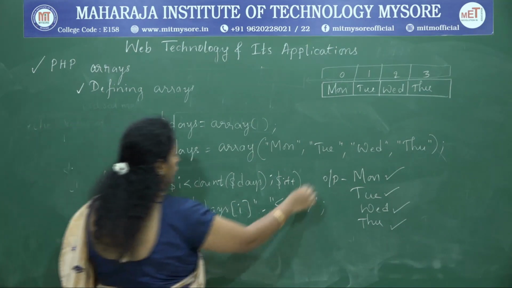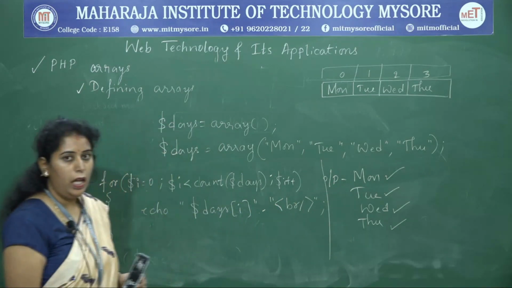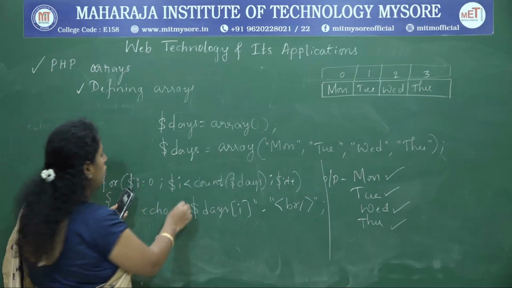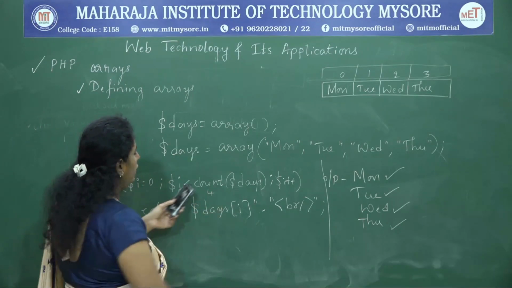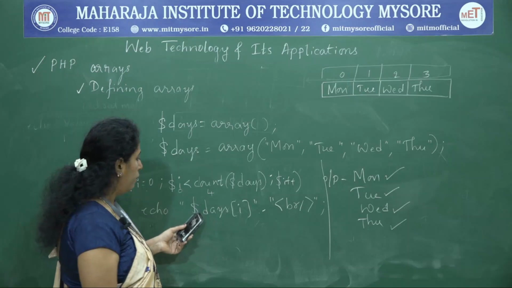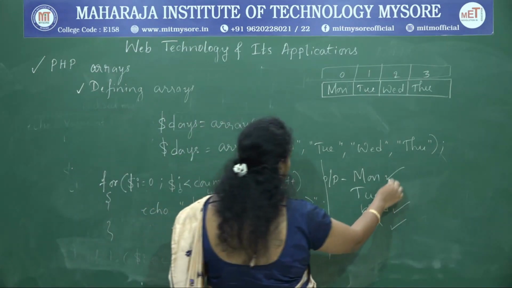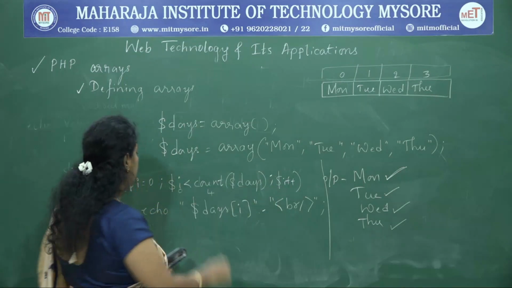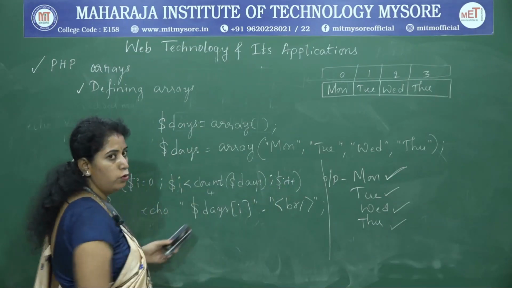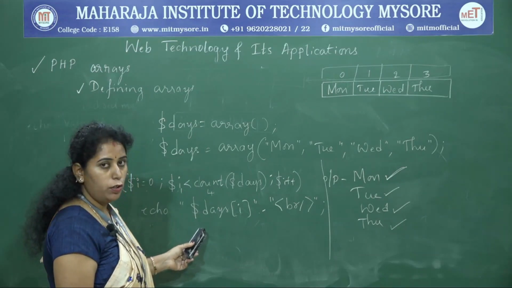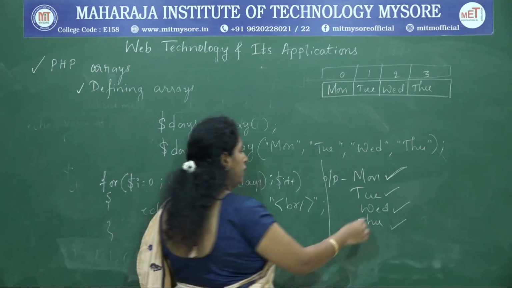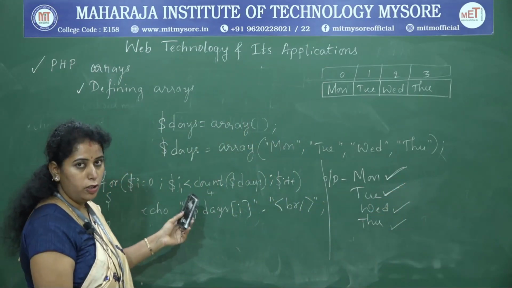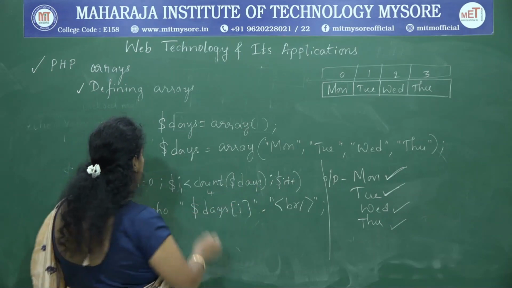So now how does it work? It begins from the 0th index, 0 is less than 4, yes, it enters into the body of the loop, it prints the 0th index element, that is Monday. Now I gets incremented, it is now 1, 1 less than 4, yes, it enters into the body of the loop, it prints the first index element of an array, that is Tuesday, got printed, then I is incremented,